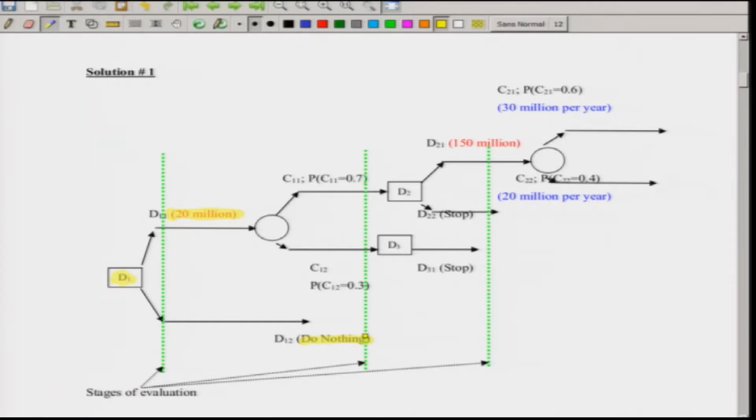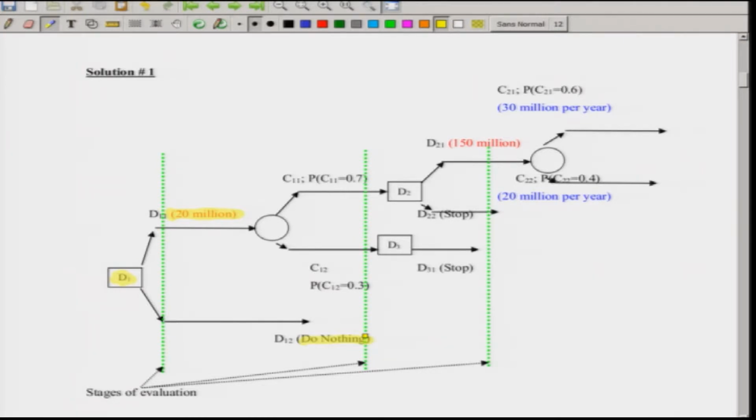And D12, which is denoted here, means I will do nothing, that means I would not start the business. I will just not carry on forward, because it is possible that if I invest 20 million, with 20 million also going out from my pocket, it may prove that in the long run the overall value of the project is negative, such that it would have been better if I had done nothing for this whole project.